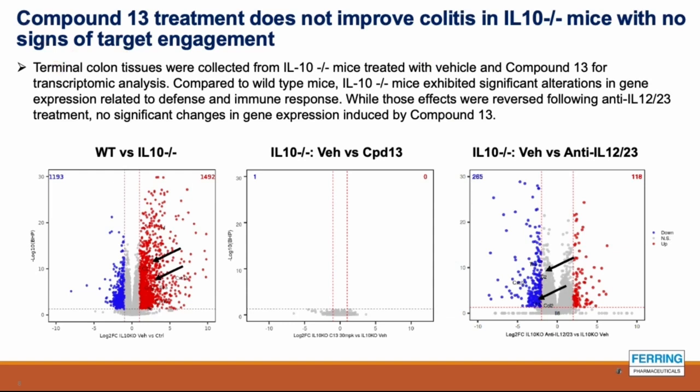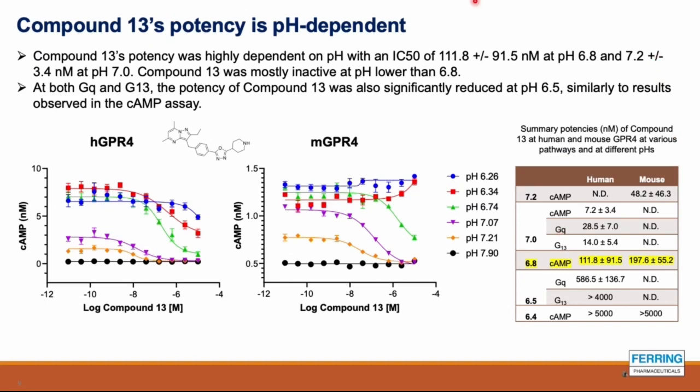Those results were very puzzling and suggested to us that in spite of exposures that were predicted to yield target engagement, we did not measure any significant changes in gene expression, suggesting again lack of target engagement, and that maybe the mechanism of action of compound 13 was a little more complex than I originally suggested. So to confirm these results, we decided to perform a more thorough analysis of the pharmacological profile of compound 13